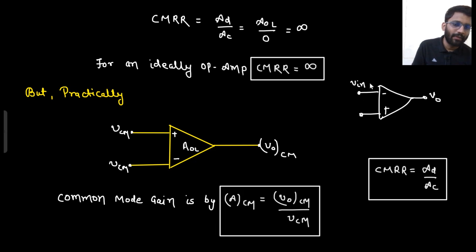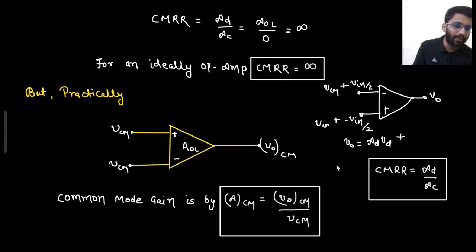If you are applying V in by 2 here and minus V in by 2 here, what will be your output? Differential gain into V in, right? Or you can say differential gain into differential input,